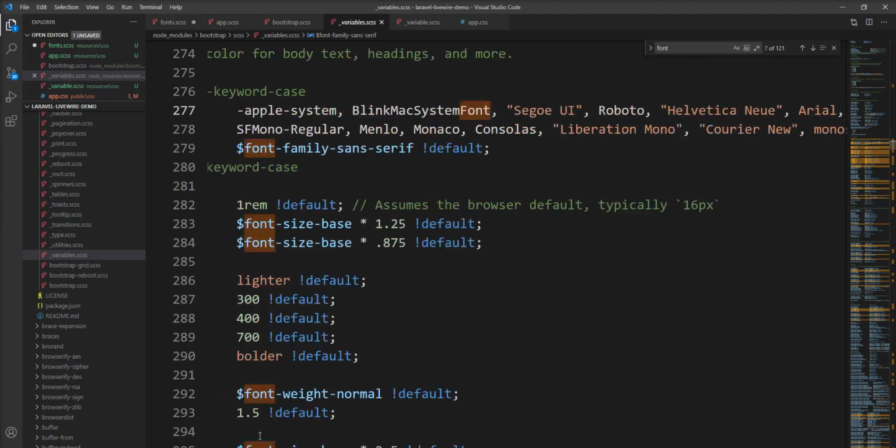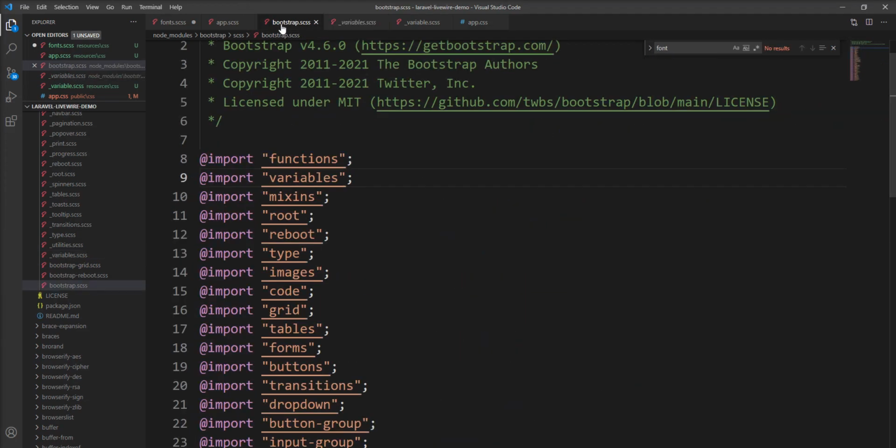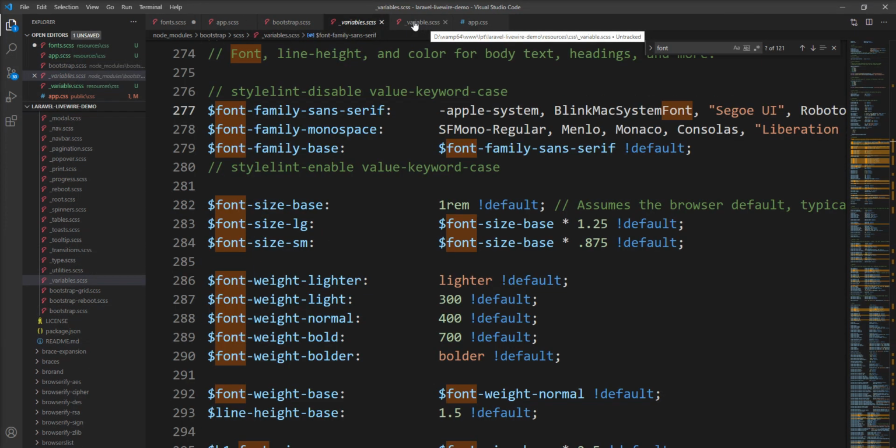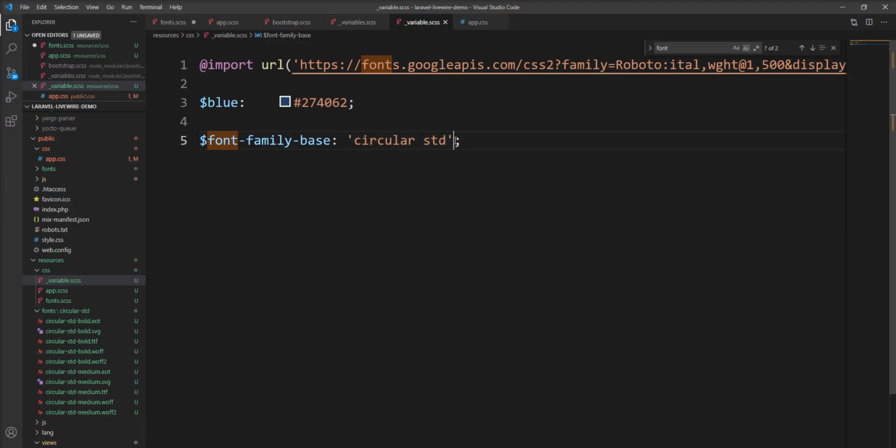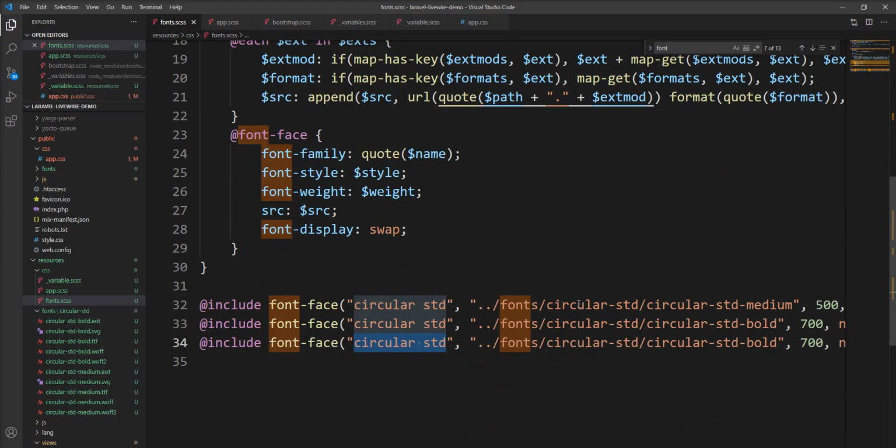So if the primary font is not found, in any case, then this secondary font is loaded. So we need to specify sans-serif and load this sans-serif if Circular Std is not found. So you can easily load fonts using this mixin.